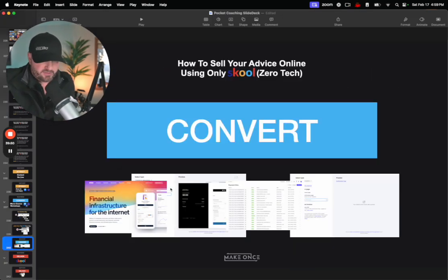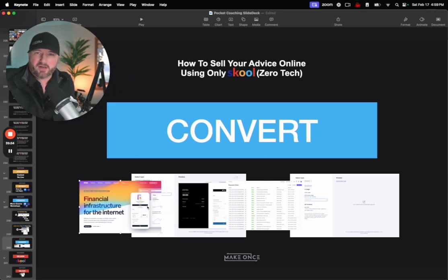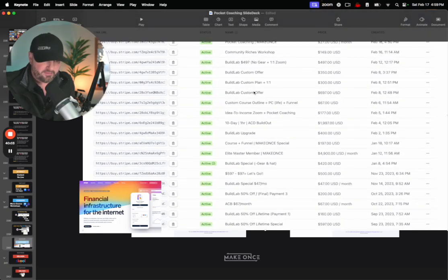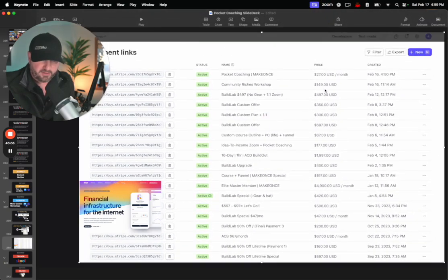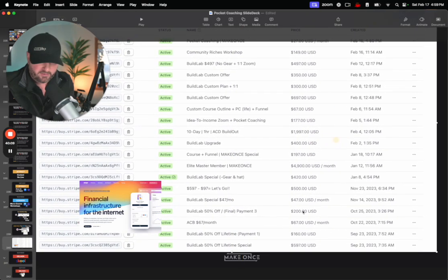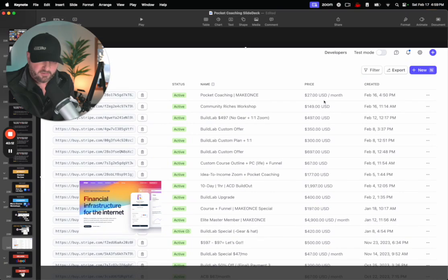And then you can get Stripe. It's free. You just pay 2.9% plus 30 cents per transaction. It's a piece of cake. You don't even notice it. Okay. You can set up all these payment links. Okay. I've got things for all kinds of stuff in here. Like, look at all the different prices we charge in here. Okay. $4,900, $4,700.